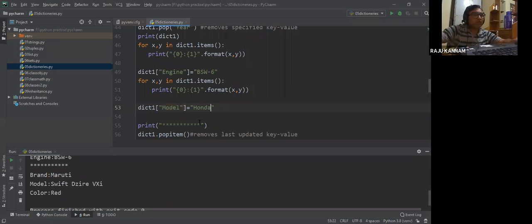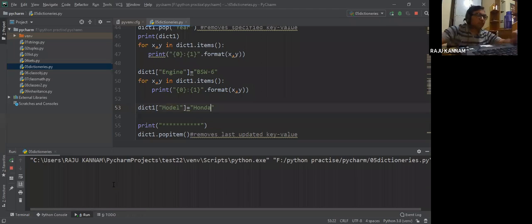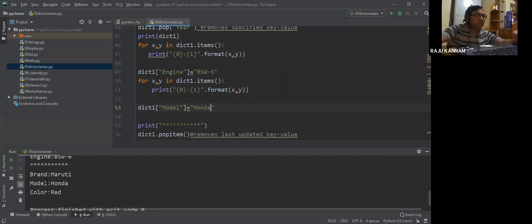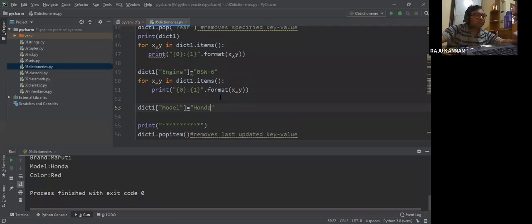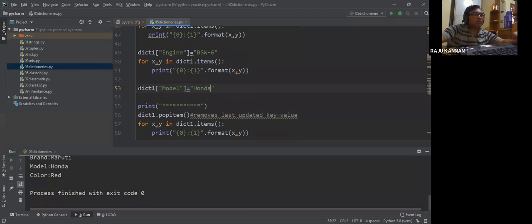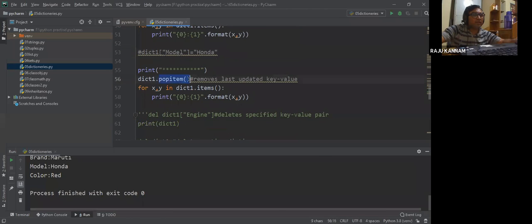Now if I execute, fine. I thought if we edit also it will change, but it is not taking. So whatever the last entry is there in the dictionary, popitem will remove that item, right?